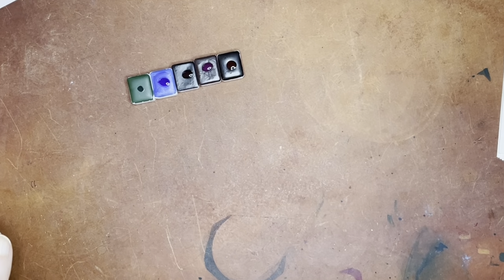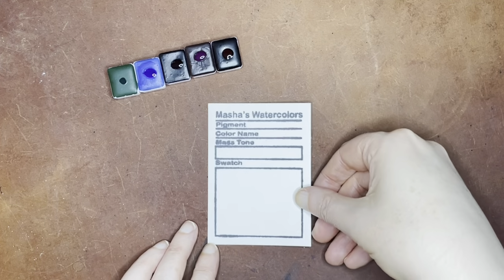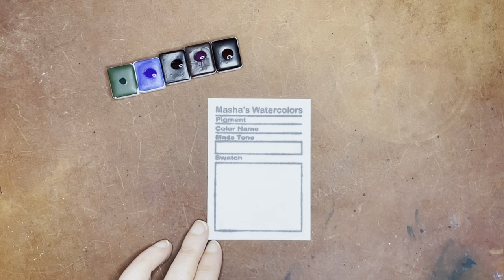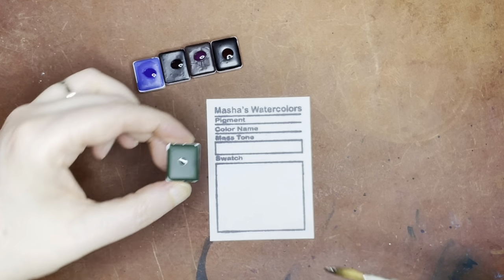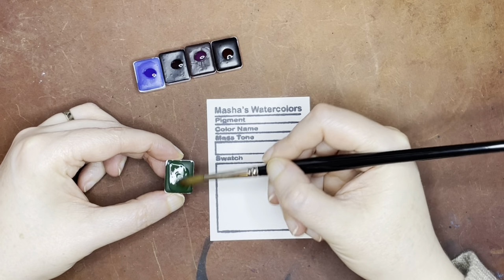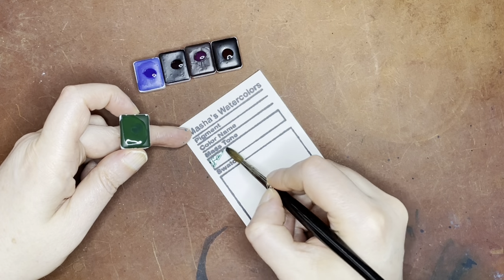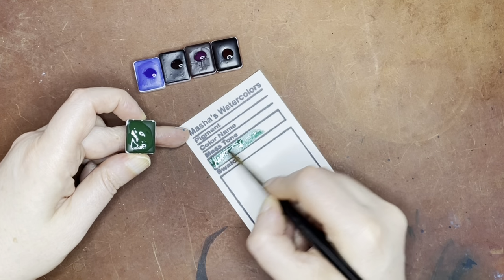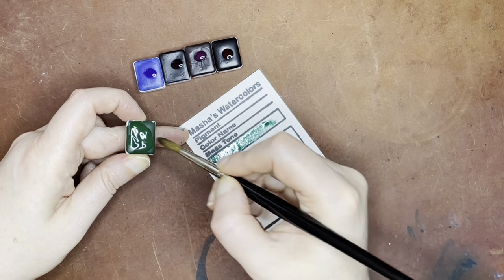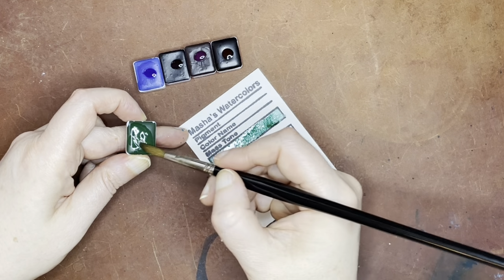And let's get going with these full pans here. I'll zoom in a little bit because we're just gonna be operating on little swatch cards. All right, so this one is Cobalt Green Hue, which is really pretty. It had some really nice undertones. So this has a place for a mass tone, which is basically the color undiluted. So let's go ahead and put a thick application up here, basically as dark as we can get it. It may not be perfect. From a pan, it's a little hard to get the darkest dark that you can get from that color, but